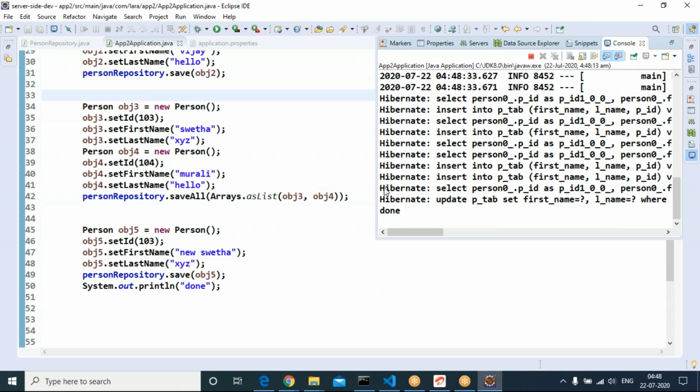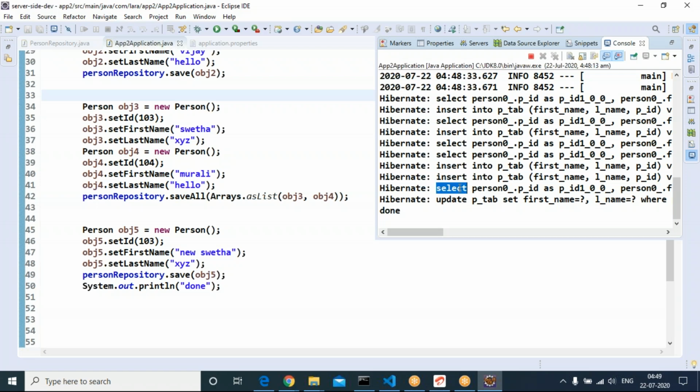Now go to the browser, check it out. Before that, you can see here, the last one is the update, not the insert. Select, there is no record, insert. Again select, this record is not available, go for insert. Select, not available, insert. Again select, not available, go for insert.